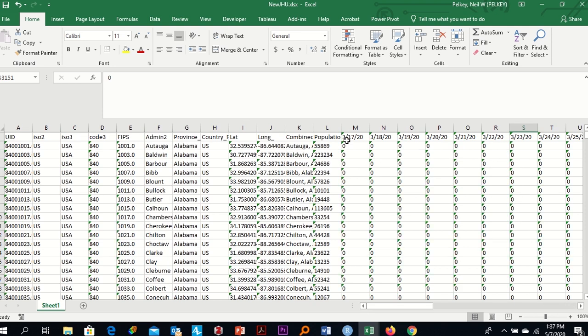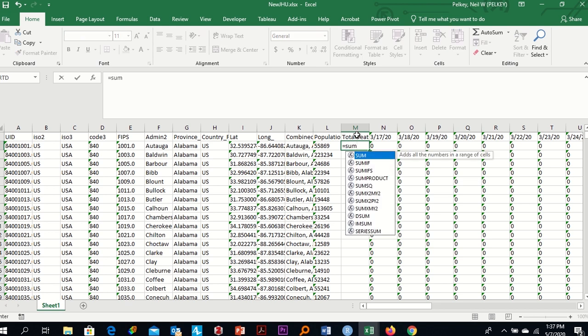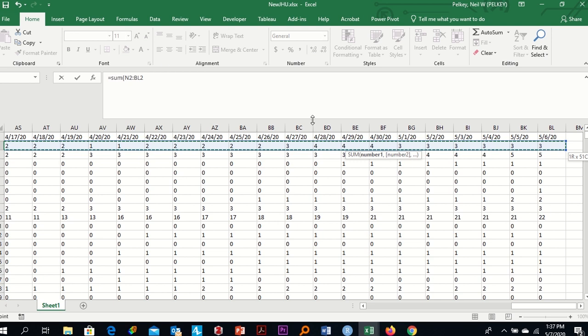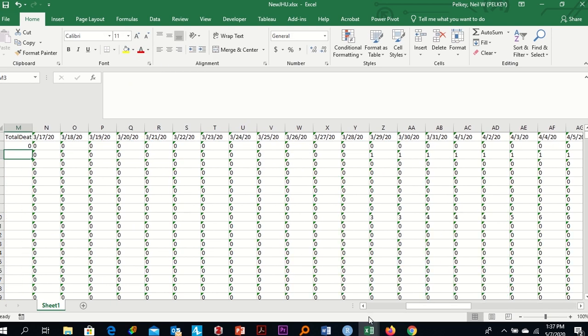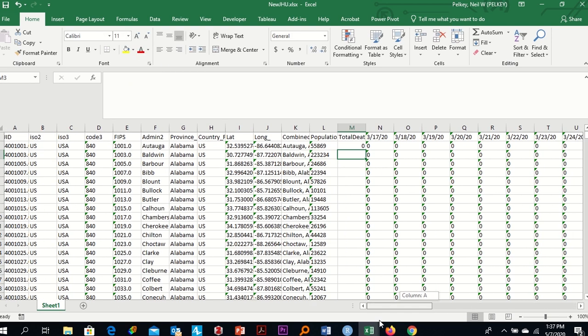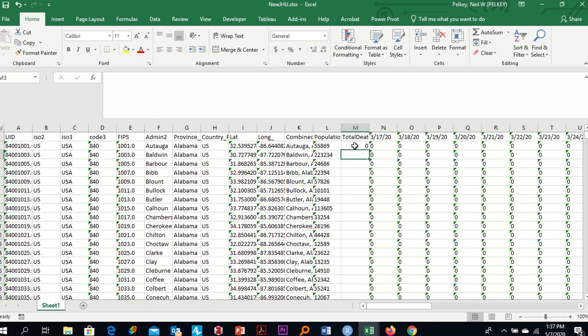So I'm going to come here and click on the M and insert, and I'm going to put a total deaths here, and equal sum. And that's my sums. I'm going to need this for mapping. This is just to give you some Excel stuff. If you don't really want to do the Excel stuff,